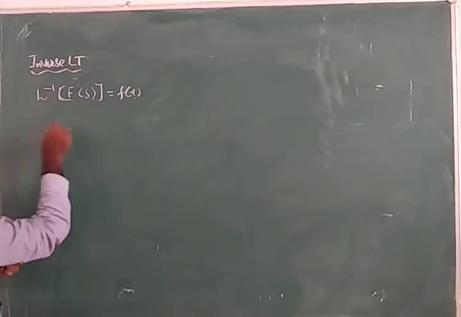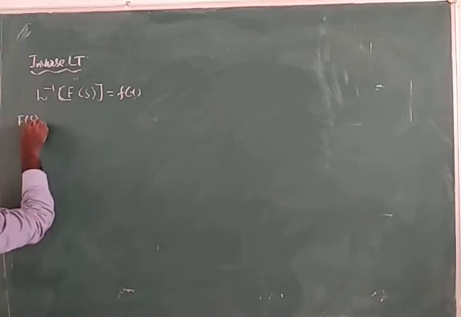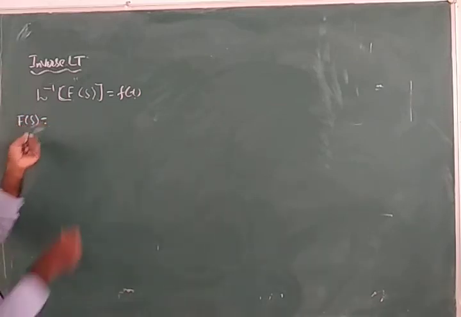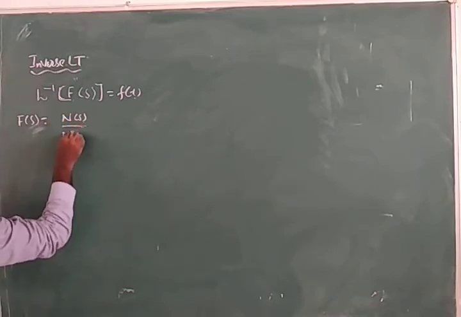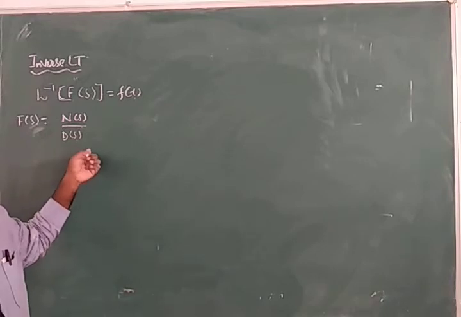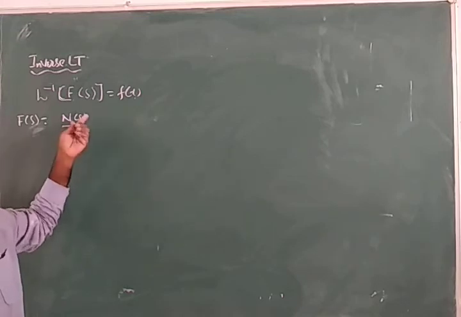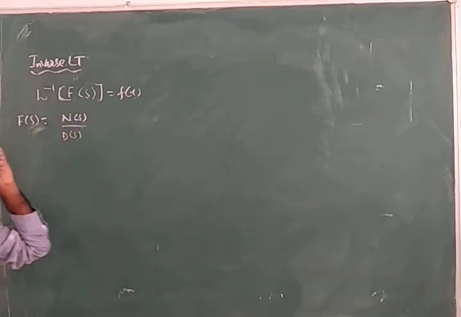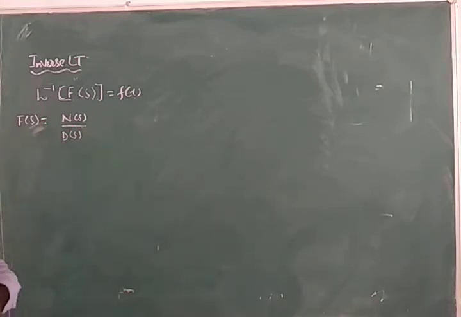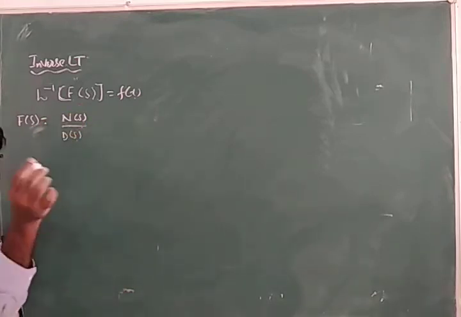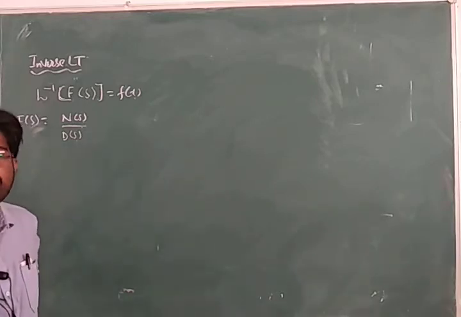So to do this, we need to write the given F of s function in numerator and denominator form. Both are in the s domain because it is in Laplace transform, and we are doing the inverse. So to do the inverse Laplace transformation, the steps I am telling you: the given function we have to write in numerator and denominator form. Then we need to define some terms here: order, then roots, then poles, then zeros.